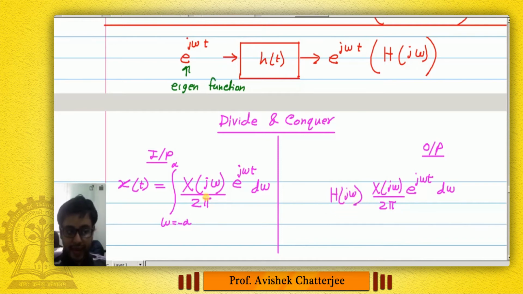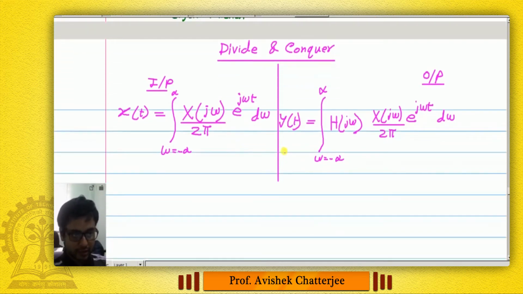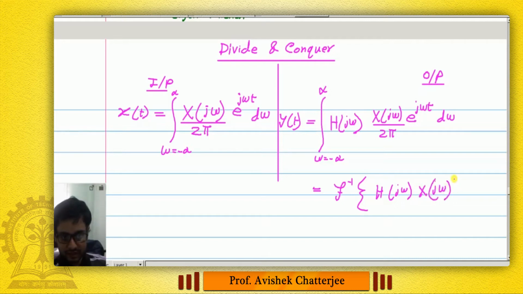Then we have to add all the component outputs for omega running from minus infinity to plus infinity. That will be the total output. Now this is nothing but the Fourier inverse of H j omega X j omega,